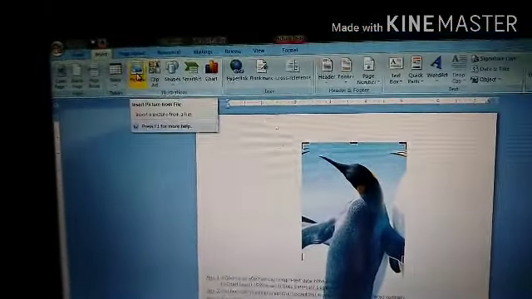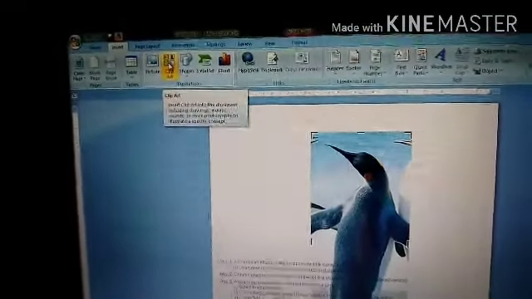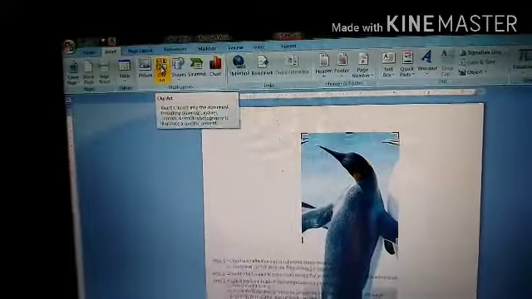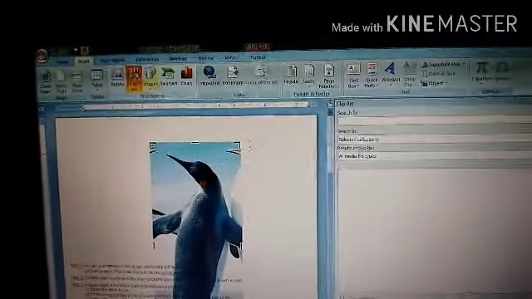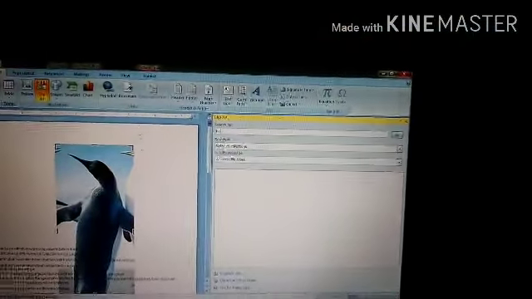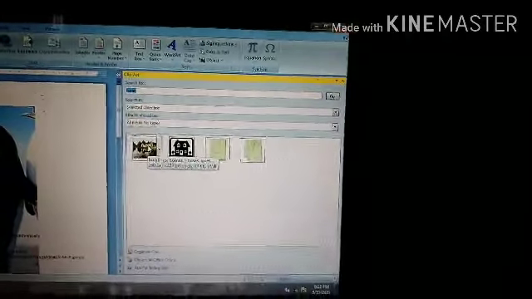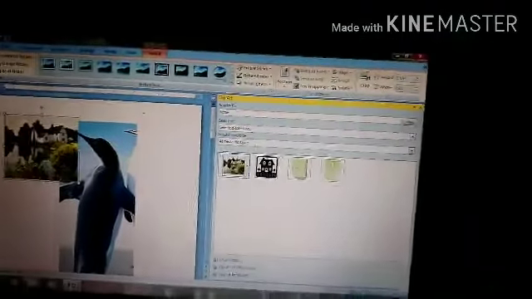We have already done the Picture option. Now we will tell you about the Clip Art option. In Clip Art there are some pictures which are ready-made in your PC. Click on Clip Art, Search for. You can search, like I am just typing home, and then I will click on Go. Some pictures related to home will appear. You have to choose one picture out of them. Okay, double click on that, and the picture will come on this side.